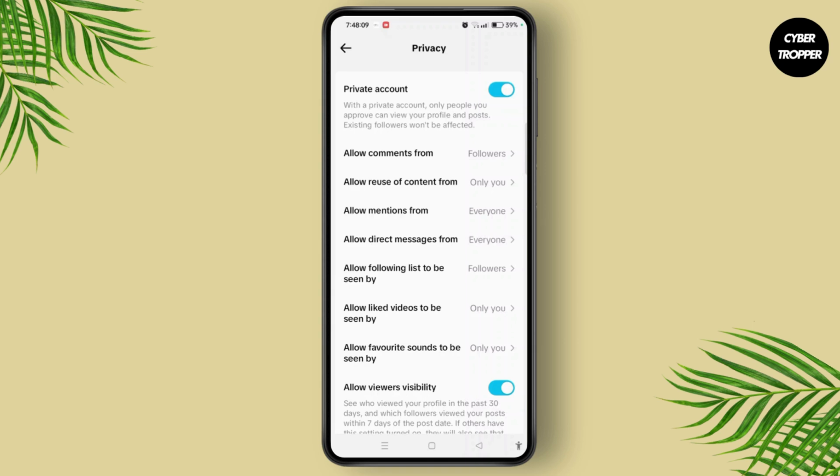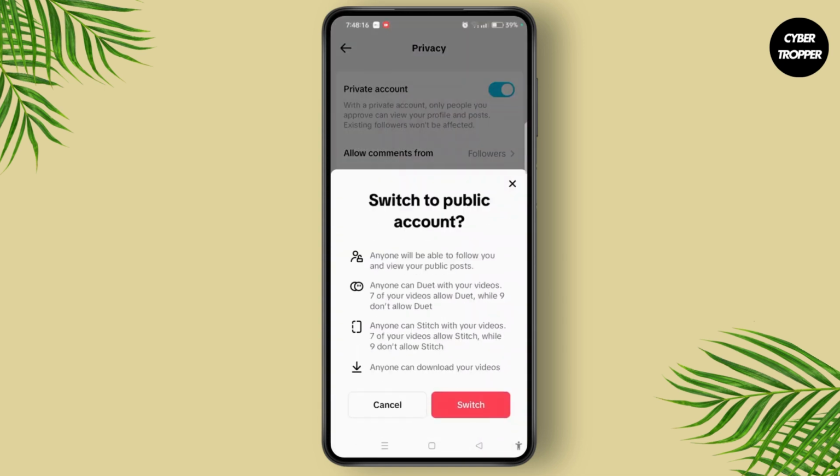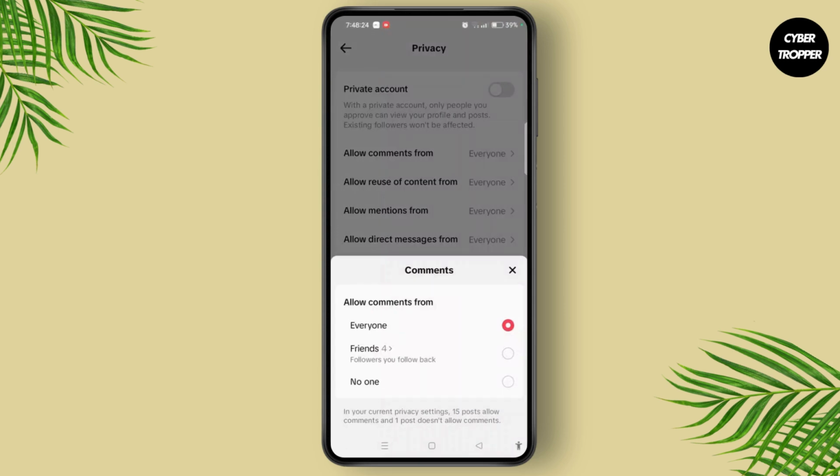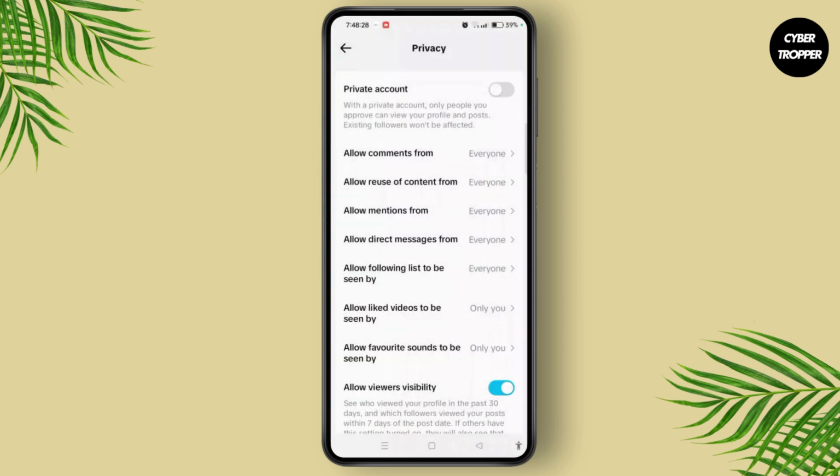If you wish to make your account private, turn on the button. If you wish to make it public, turn off the button and tap switch button. If you wish to allow comments from everyone, tap on it and here choose your audience, for example everyone. Come back. Likewise, you can easily reset all these privacy settings like allow reuse of content, allow mentions, DMs, following